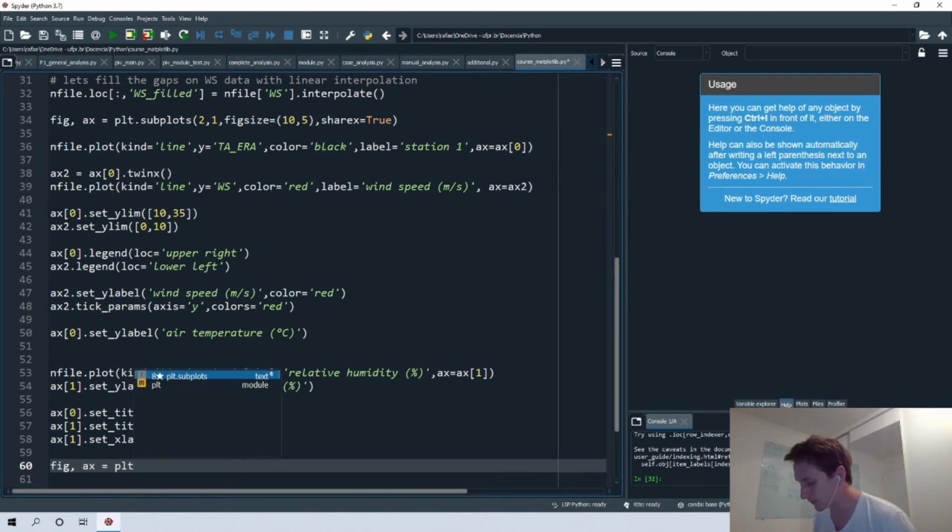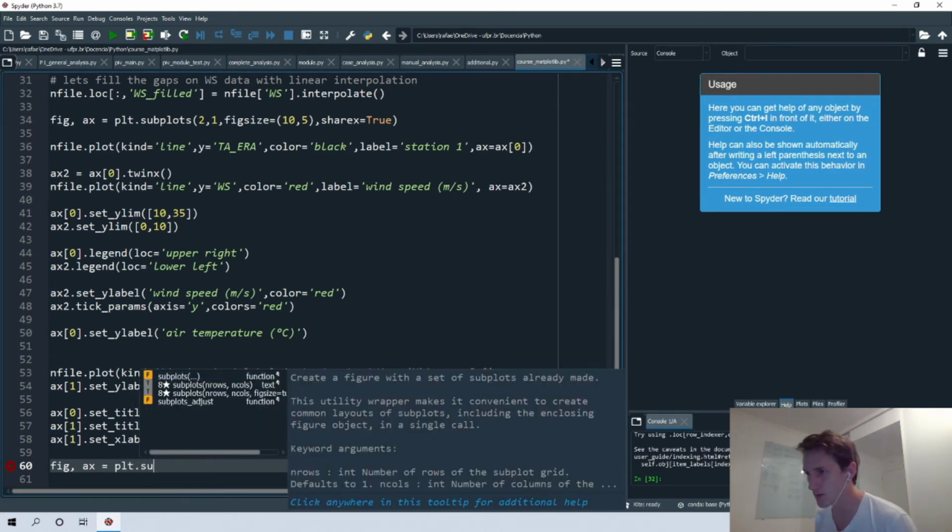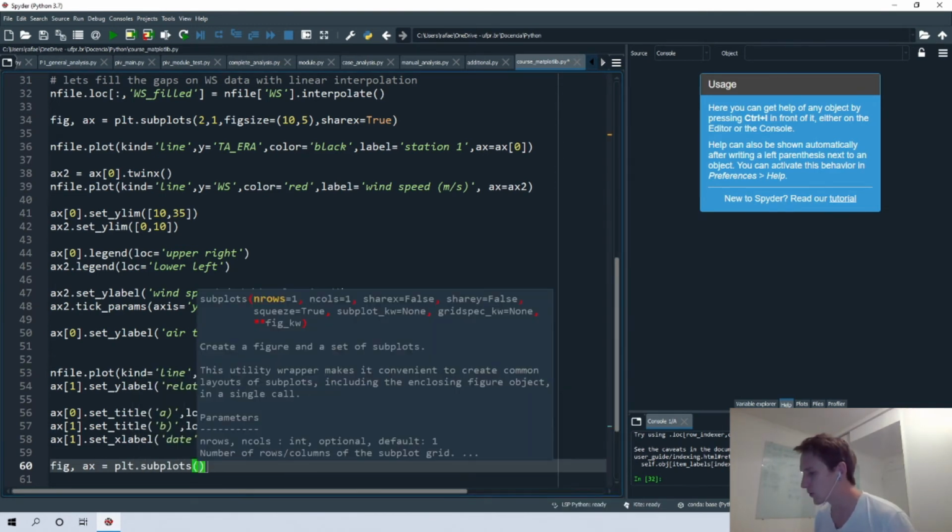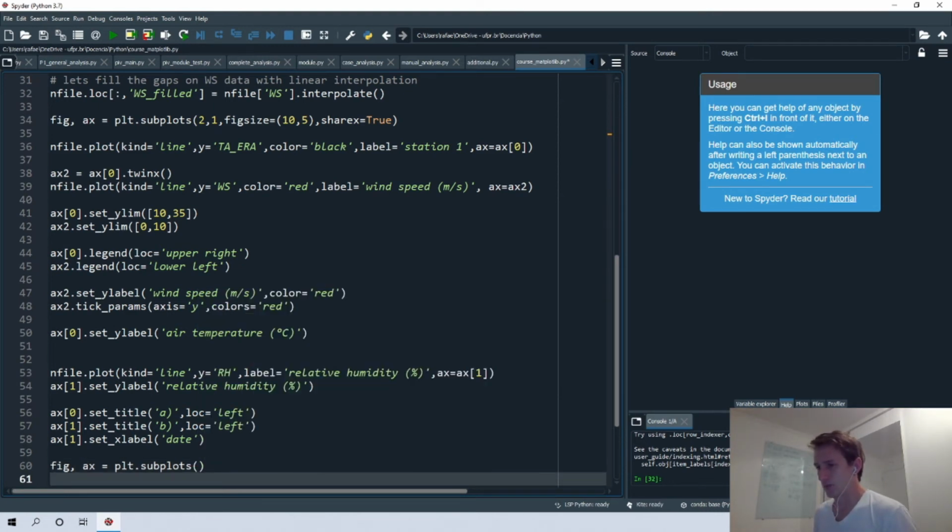So plt.subplots, and then we have only one row and one column. We will not change the size of the figure, so I keep the default value. Inside of that figure, you have only one graph, so that's the reason I'm not specifying the number of rows and the number of columns.